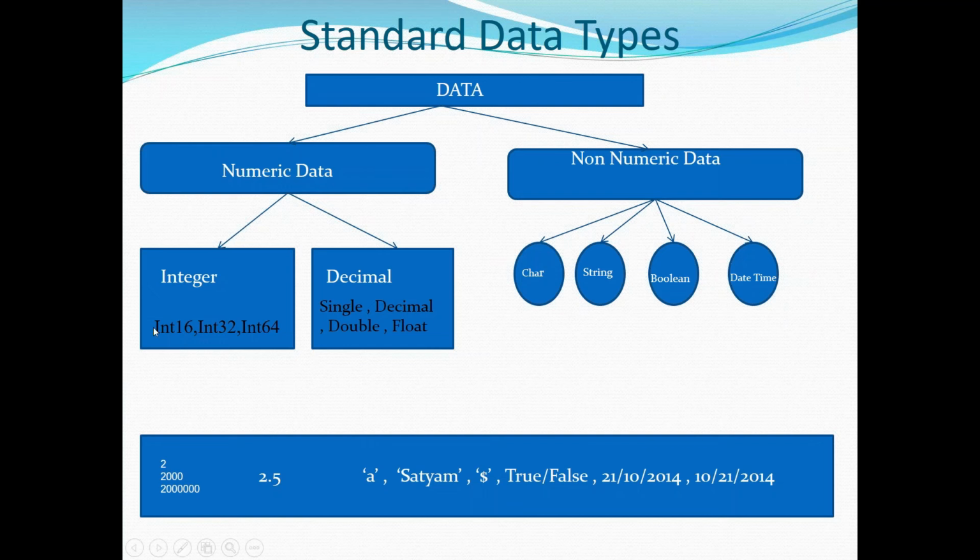But here, we have an option. If you are going to store the smallest number, go for the lowest unit. What is that? Int 16. In C, in all the cases the same amount of memory will be allocated. But for the lowest number, we may not require that much memory, so you'll see a lot of memory wastage. But here, we have 3 different options. Did you understand the difference?